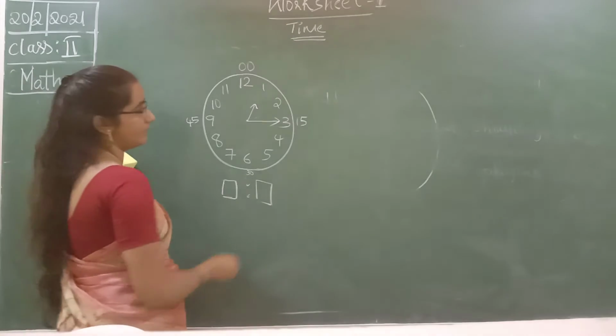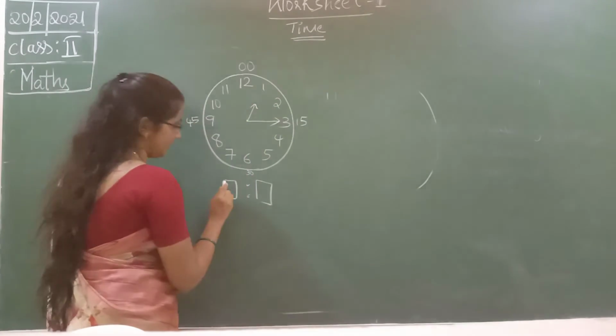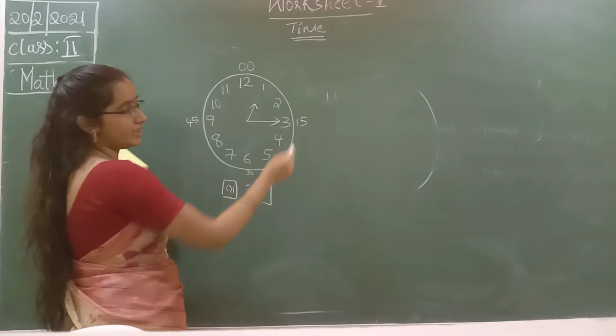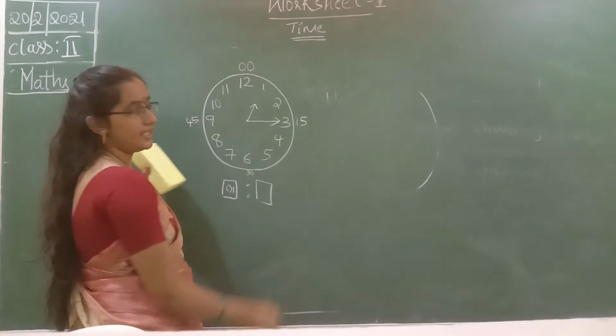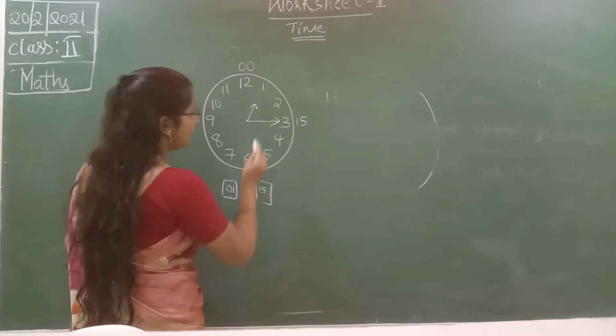See here, what is the time here? This is the smaller one, the hour hand. I will write 01 here. What about the minute hand? The minute hand is at 3. 3 must be written as 15. From 12